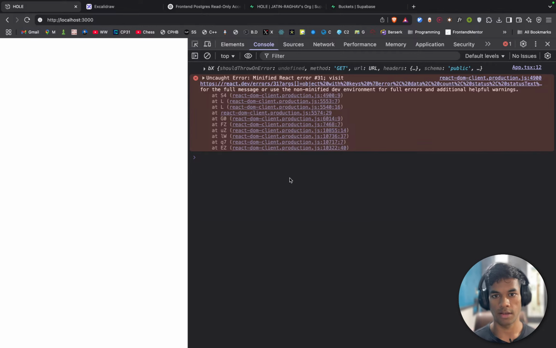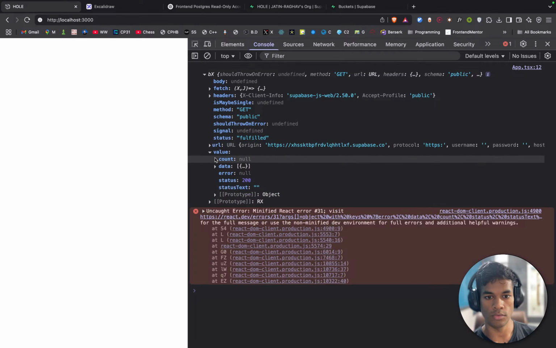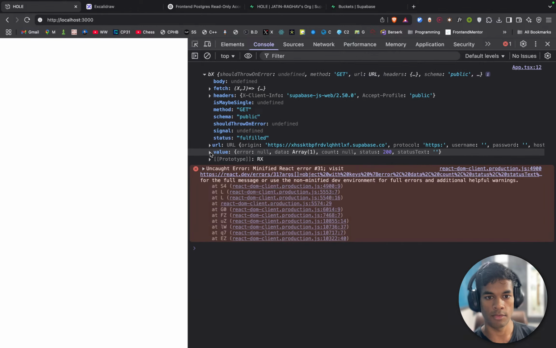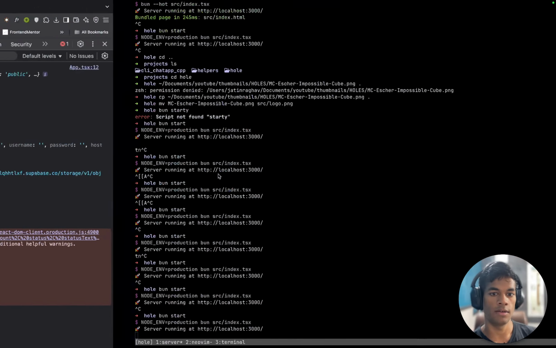Minified React error. Okay, I do see some things. Fetch headers URL. Is this value data? Okay. I will have something called value, and inside value, I will have something called data, which is an array.